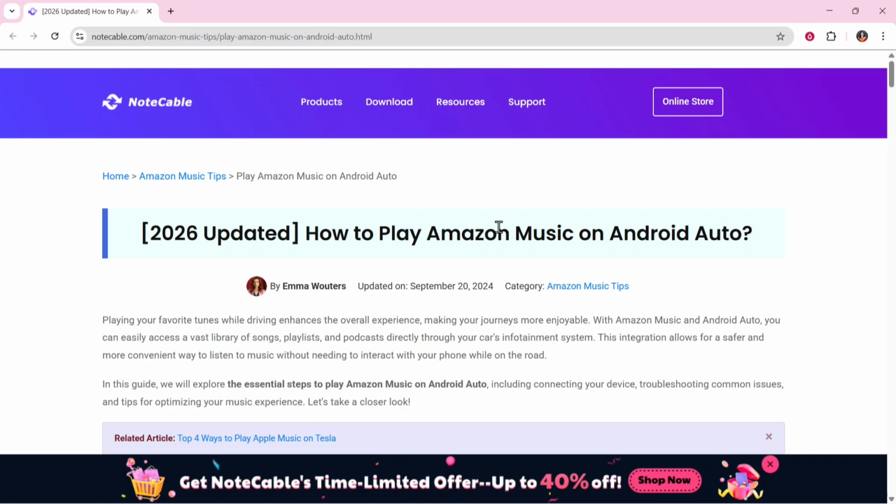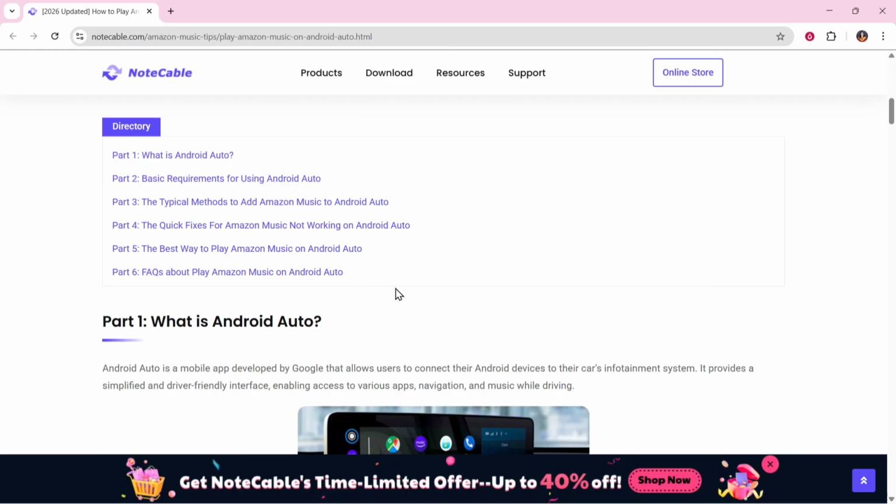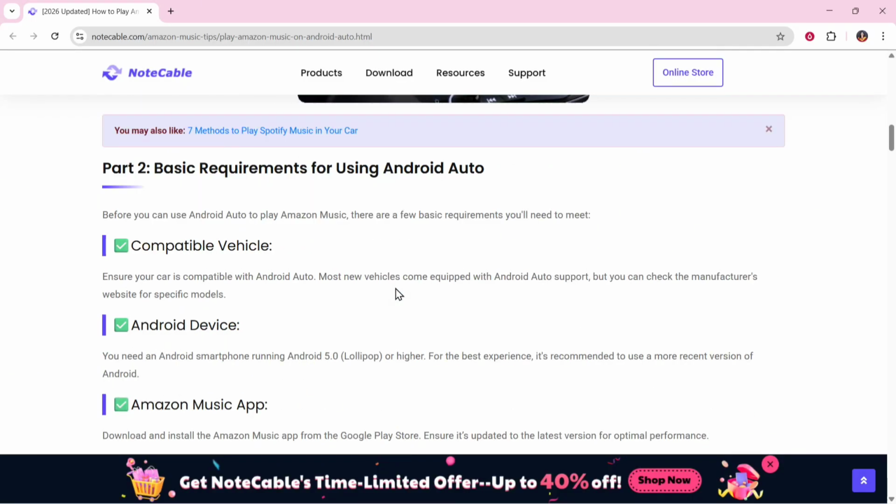How to connect Amazon Music to Android Auto. So to be able to connect your Amazon Music to your Android Auto, the first thing that you'll need to